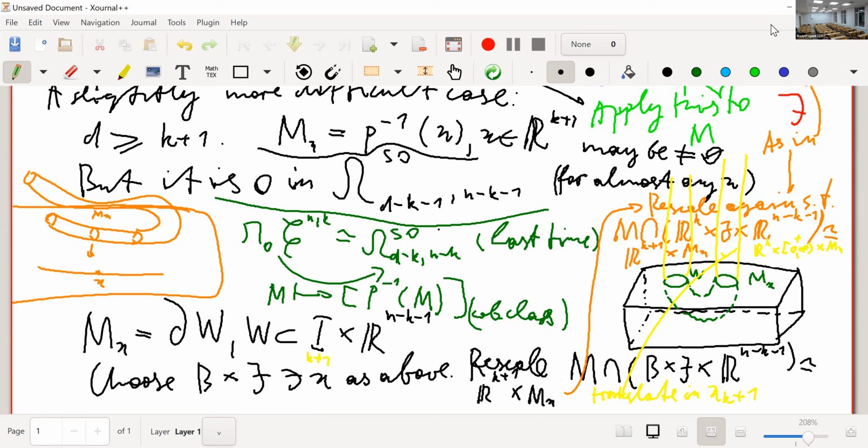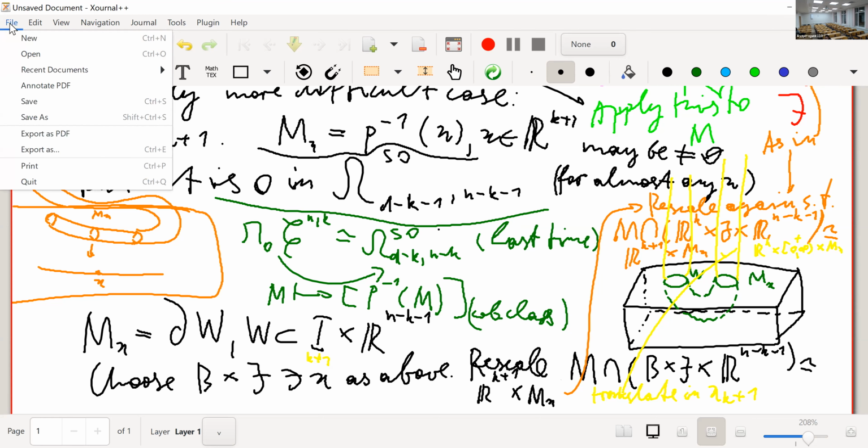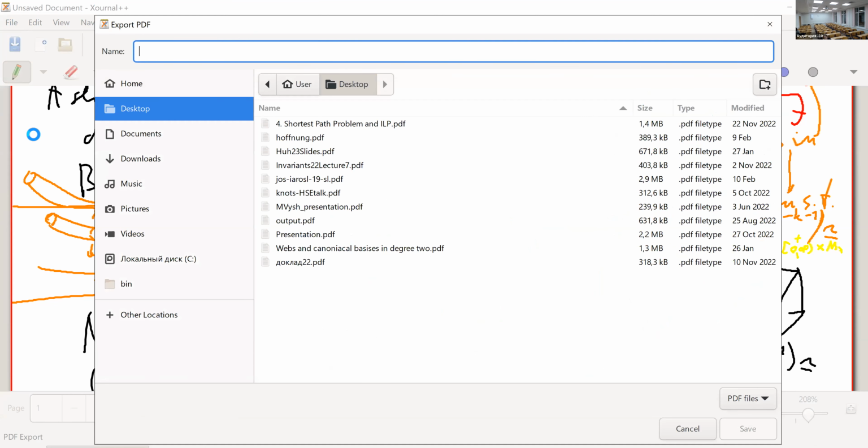Так, как сохранить? Так, экспорт из PDF. Окей. Так, значит, что у нас сегодня? Я заканчиваю запись. Да, Гриш, я думаю, что запись можно